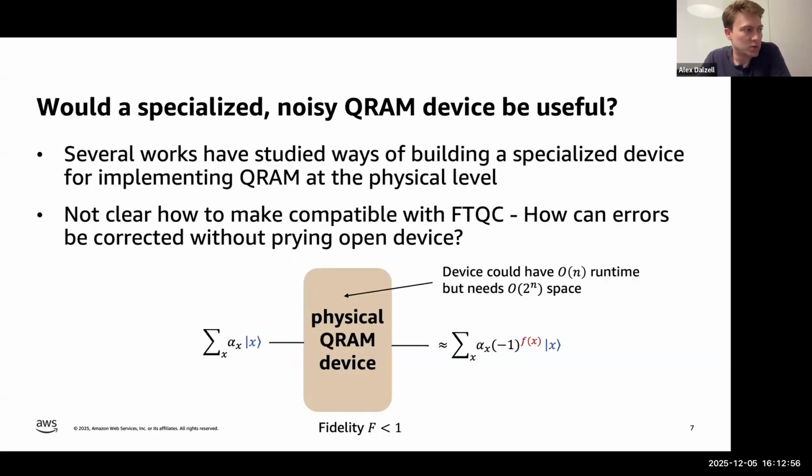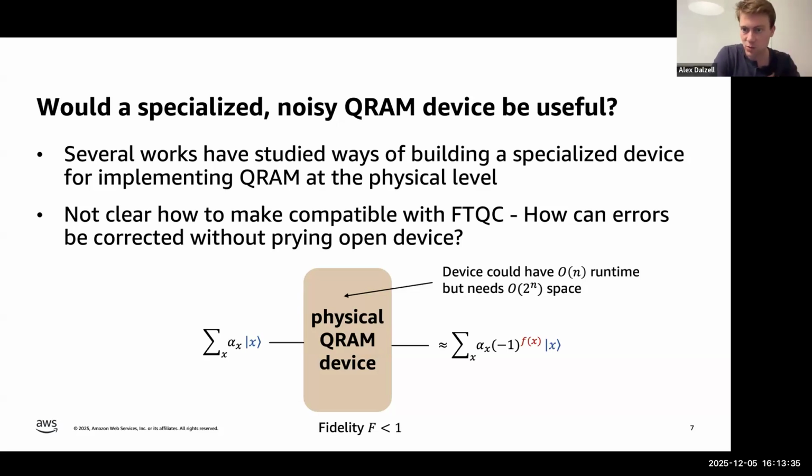Another strategy would be to not do that and just try to run this quantum circuit only at the physical level. In fact, there have been several works that have looked at constructing physical devices in photonic platforms and superconducting platforms and other physical platforms which can implement this unitary VFF or something similar to it directly at the physical level. This benefits from a certain property of noise resilience that this RAM operation has been shown to possess theoretically. But we won't expect that even with this noise resilience, we can achieve extremely low levels of error.